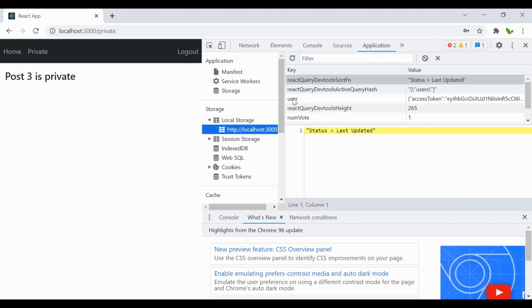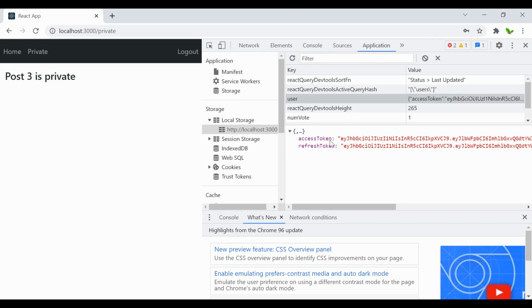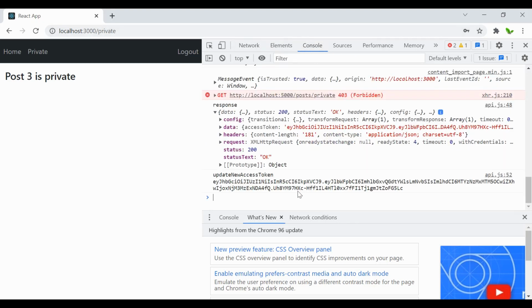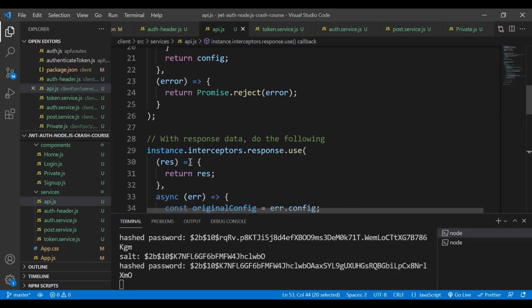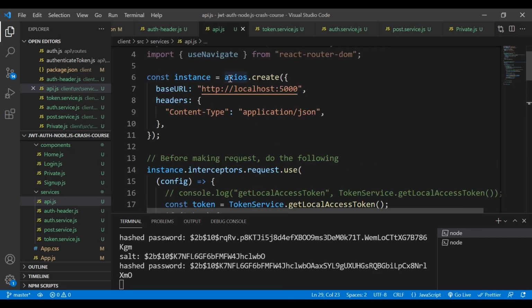Okay, and now we set this new access token in our local storage. So let's just take a look in the user. It will be the access token. Okay, so this one right here, 5LC, right? And this is basically how we automatically generate the new access token without the user having to log out and then sign in again, right? So whenever we make a request to the backend, it will automatically do the magic. Okay, so using the interceptors, and this one right here, this is the